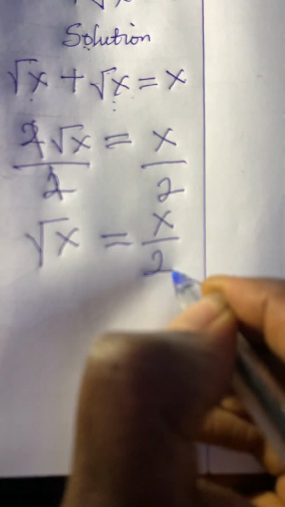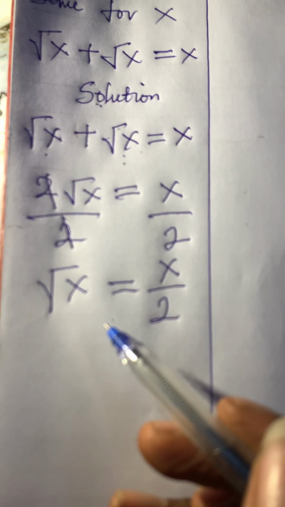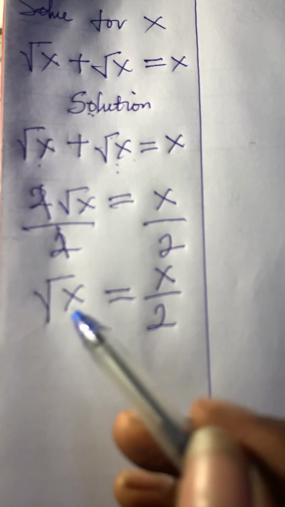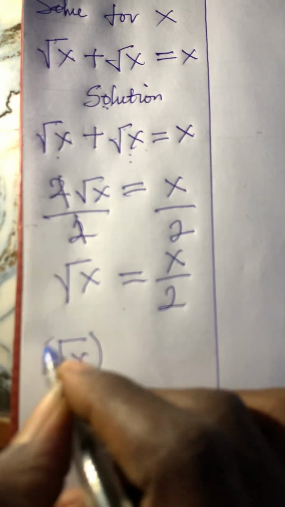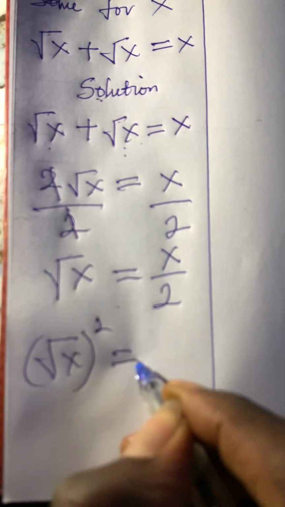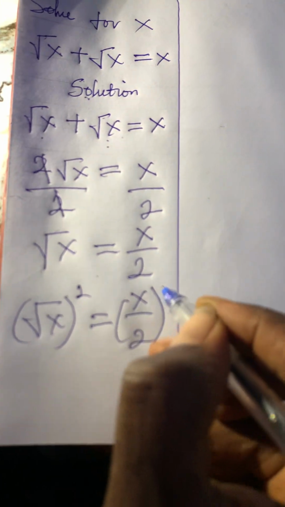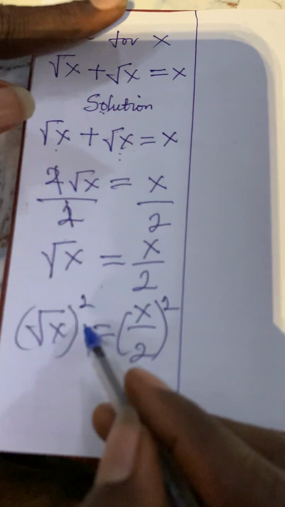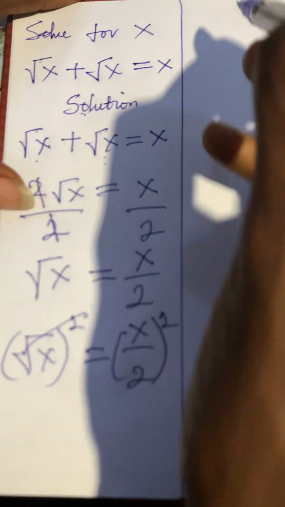x over 2. When you get to this extent, what you have to do is to square both sides so that this radical sign will be eliminated. So what we have is root x all raised to power 2 is equal to x over 2 all raised to power 2. So when you must have squared this root x, this sign will go off, and what you